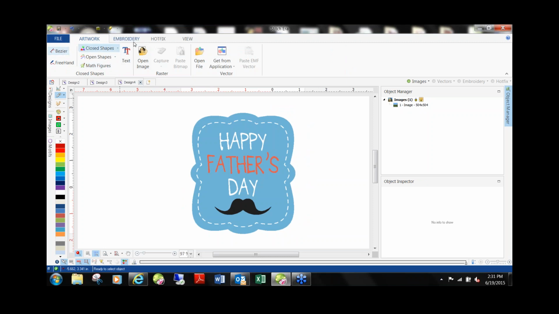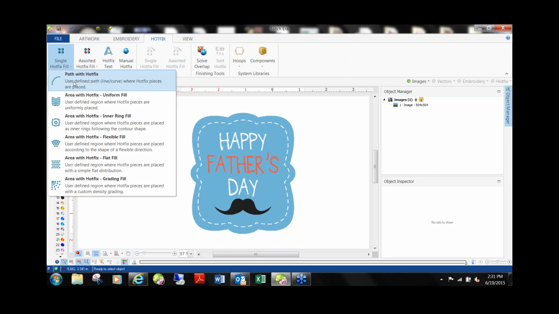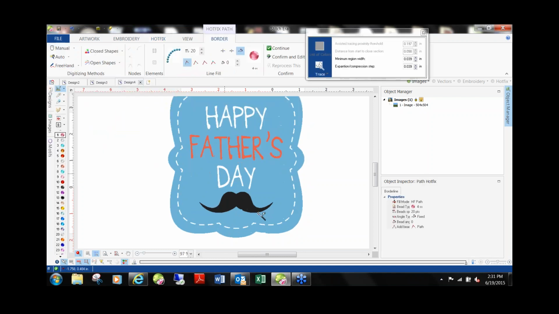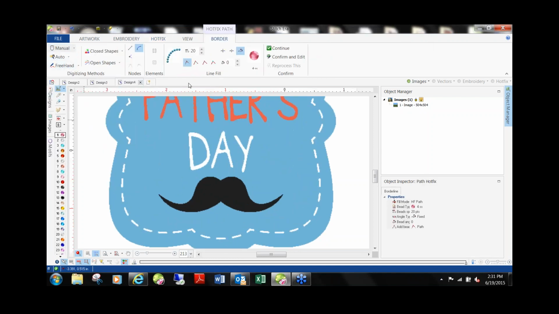I mean, you have Bezier controls, like in the HotFix. Let's go ahead and do an outline of that. Okay, and I'm just going to use manual. Up here is the node style. I'm on curves. 85-90% of the stuff that you're going to do is going to have some kind of curvature to it. The mustache has a lot of them. If I was in straight sides, this is only going to draw straight lines. And if I wanted to curve it, I would click and then drag to get the shape of